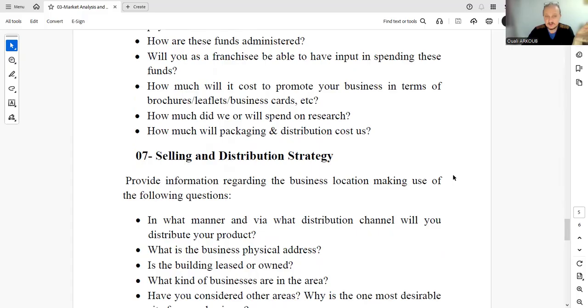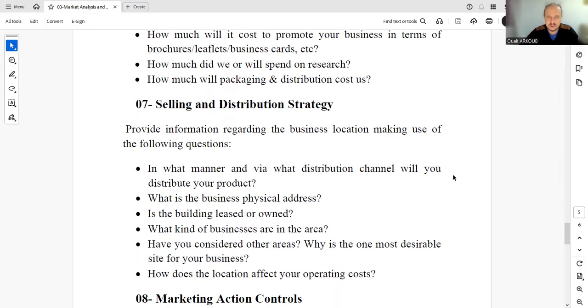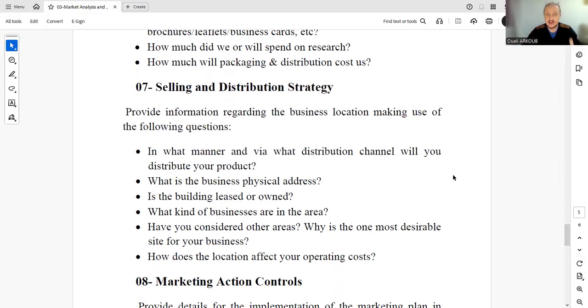Provide information regarding the business location, making use of the following questions: in what manner and via what distribution channel, the channels of distribution, will you distribute your product? Points of selling, or via internet, or online, which are all very important, or via wholesaler